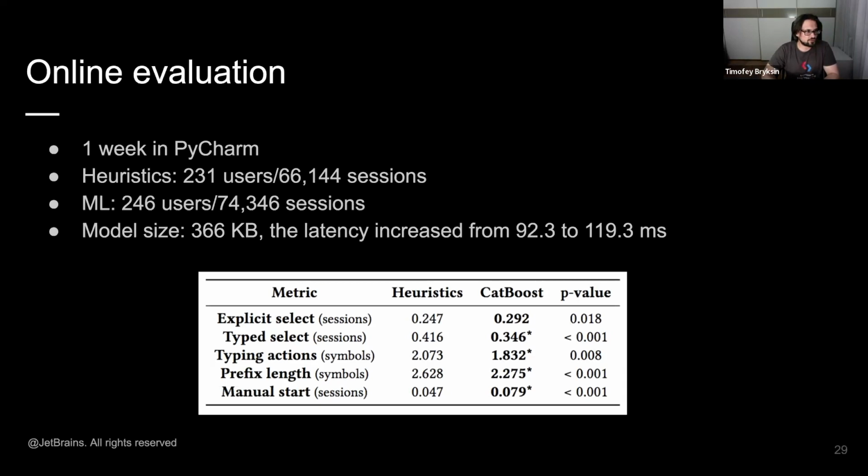For most of the metrics, we got statistically significant improvements on real people. The trained model is very small, less than 400 kilobytes, and the latency increased from 92 to roughly 120 milliseconds, which is also very good. We were very happy with these results.